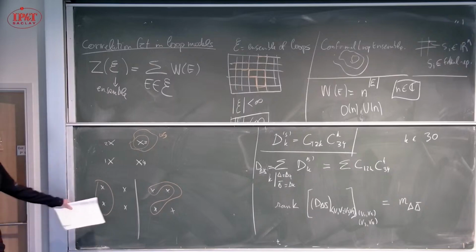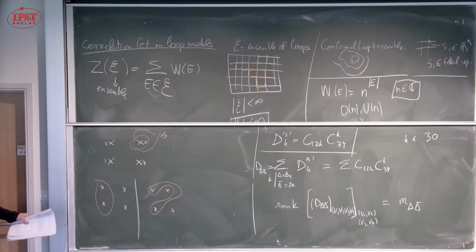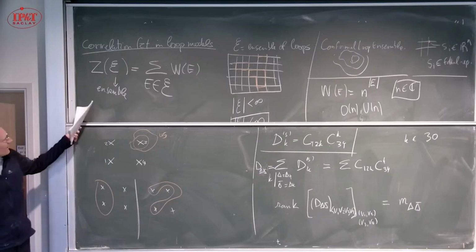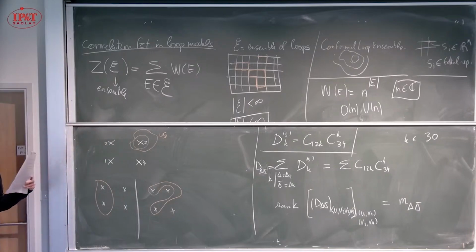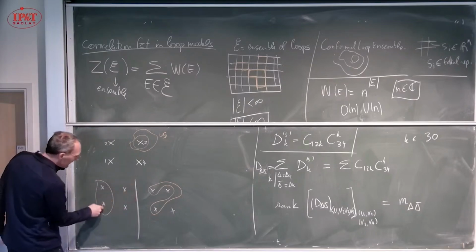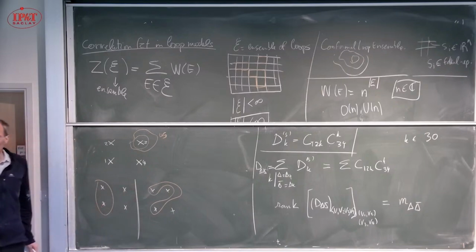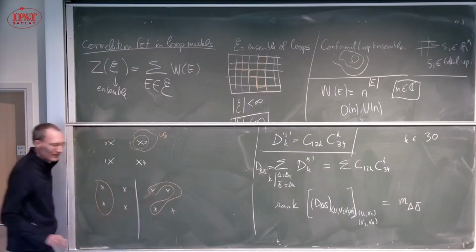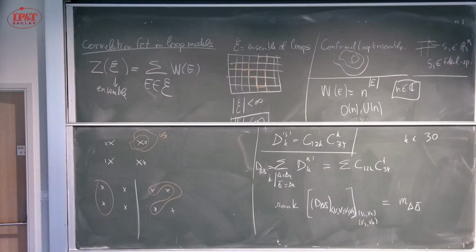However, I want them to have the same weight because of an extra assumption, which is single-valuedness. I want eventually my statistical sum to be related to a single-valued correlation function. And if it's single-valued, it means that I can take this point and drag it around here and come back there, and the result will not change. And therefore, the weight of these two loops has to be the same. That's why I have only finitely many possible weights,